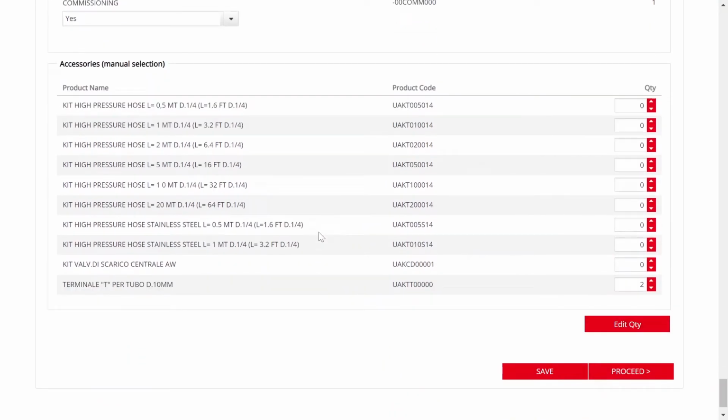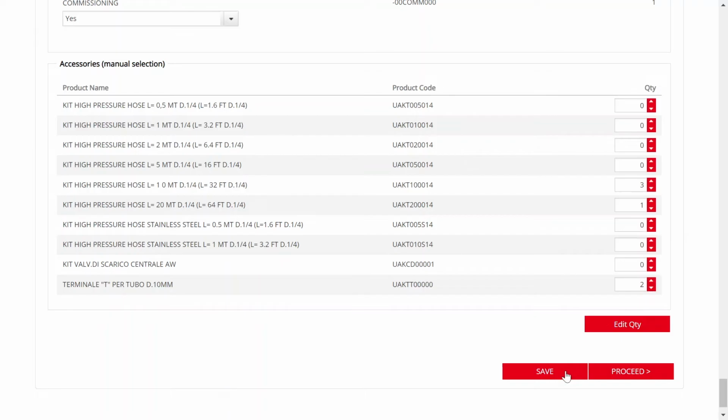In the last section, it is possible to manually select dedicated accessories to complement the selection, like high-pressure hoses for hydraulic connection of the pumping station to the distribution rack. For this project, we know the real distances between all the parts of the system, so in this case, since we have 3 air handling units, we can add a single piece of 20-meter hose to cover the main gap from the pumping station to the air handling unit. Then we have 2 T-connections and we add 3 pieces of 10-meter hose to the racks.